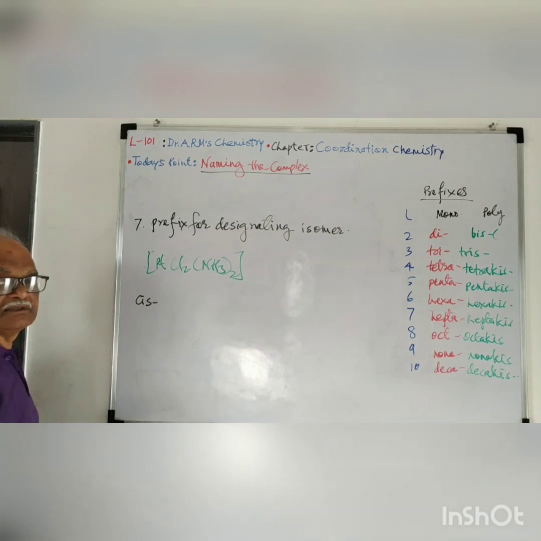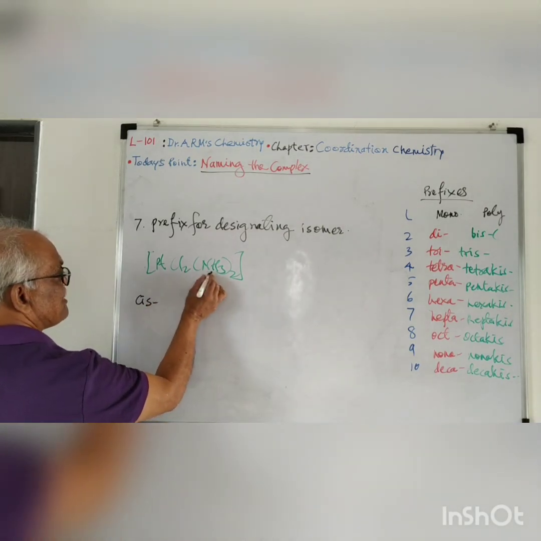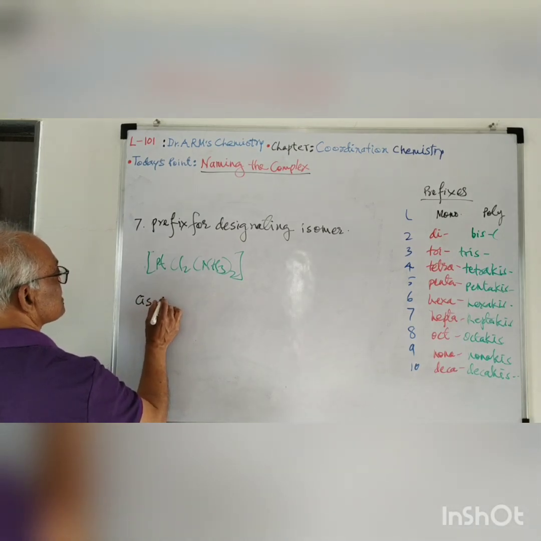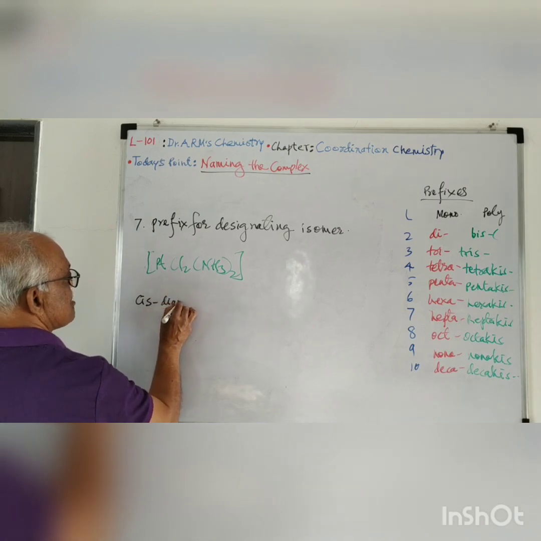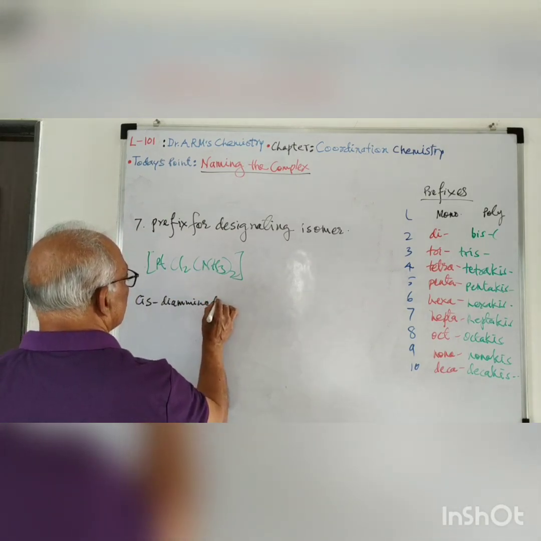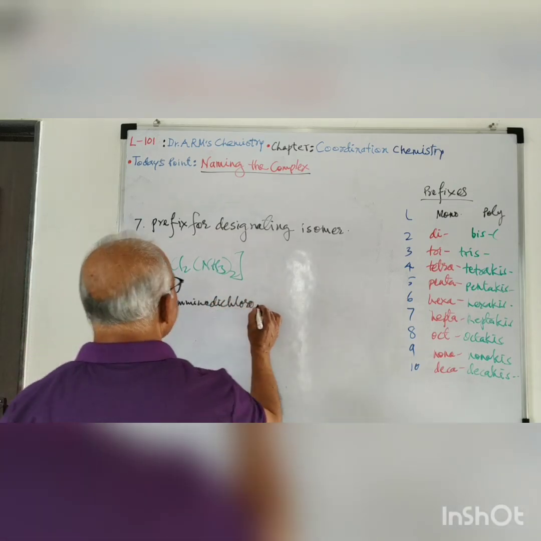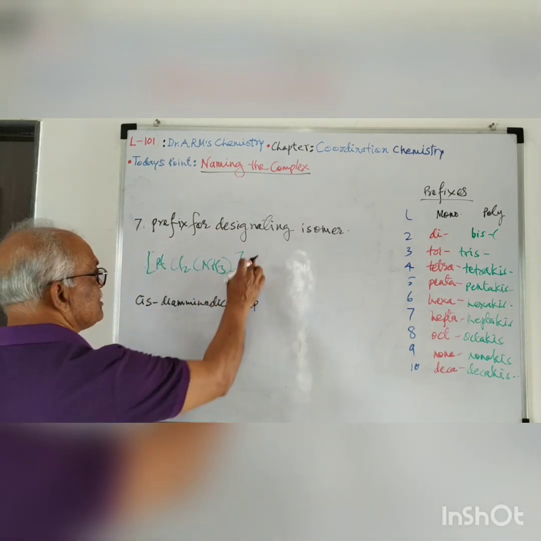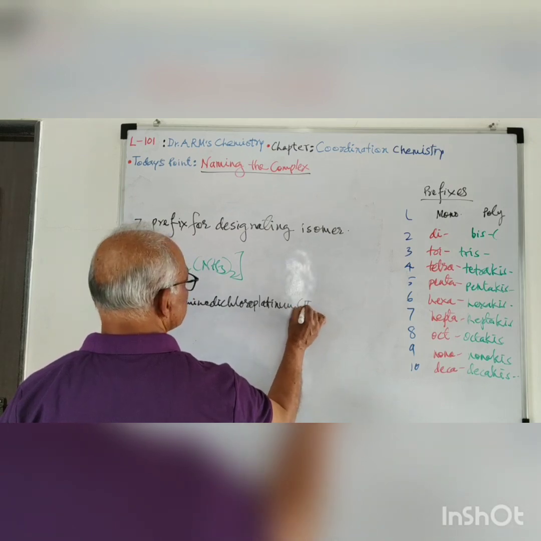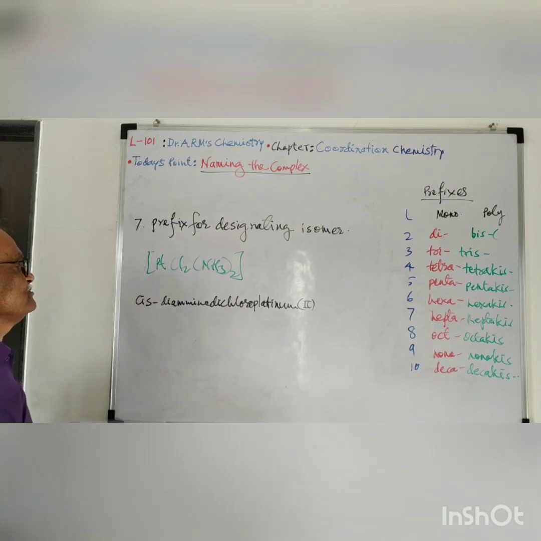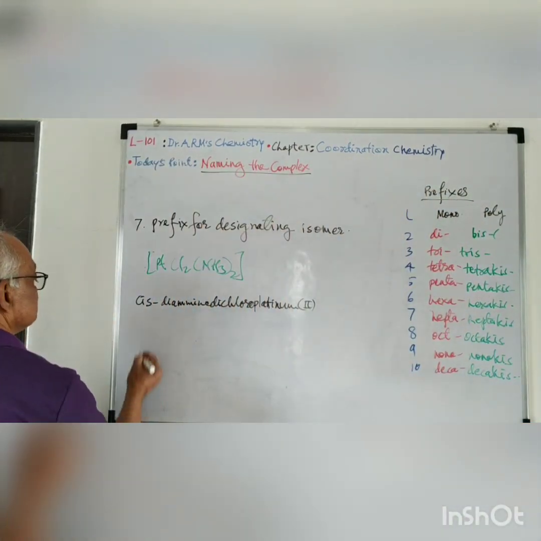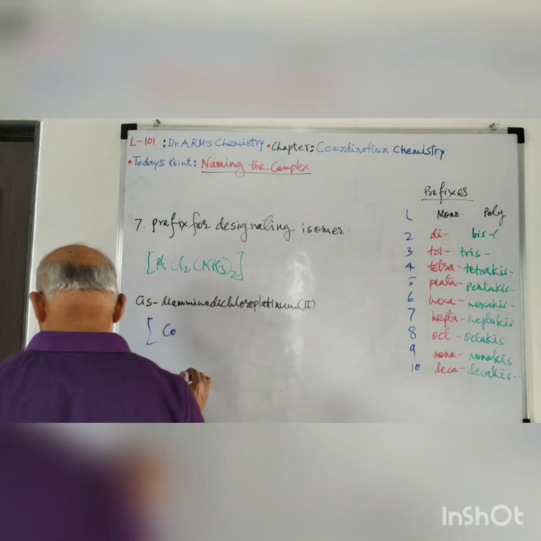If the complex is cis, then we write cis followed by a hyphen and then the alphabetical order of our naming, that is the amine groups: cis-diamminedichloro. This is a neutral complex, the charge on this complex is neutral, so we show platinum with oxidation state 2. So it becomes cis-diamminedichloroplatinum(II). Then if we have the trans isomer, another example, if we take Co Cl2